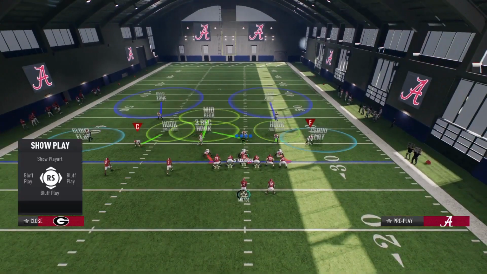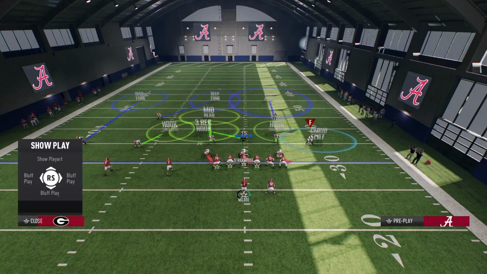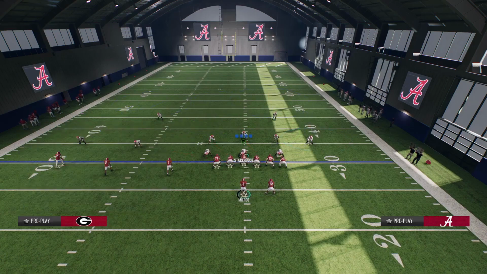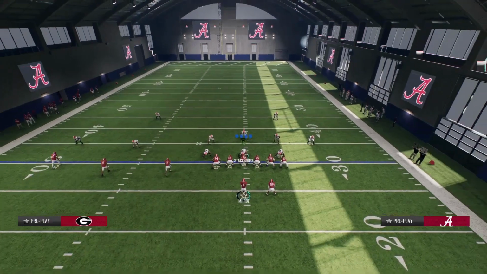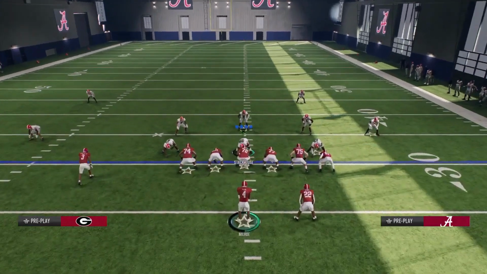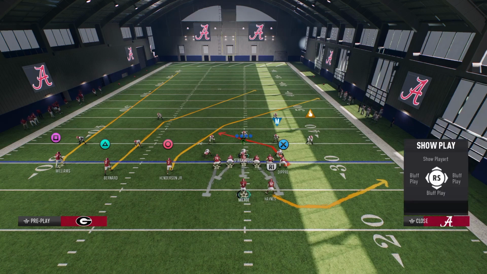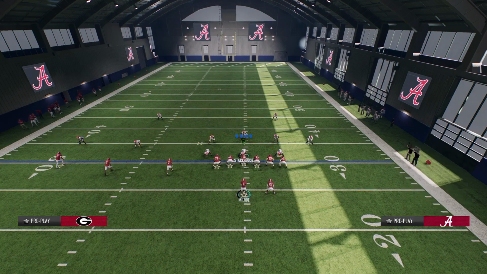One of the easiest ways to do that, because again, they're cover 3ing this left side a lot. That's a pretty common way that people are going to adjust to what we're doing here. So they're going to go to this cover 3 look on the left and a cover 2 look on the right side. So what I like to do against that is on this verts delay play